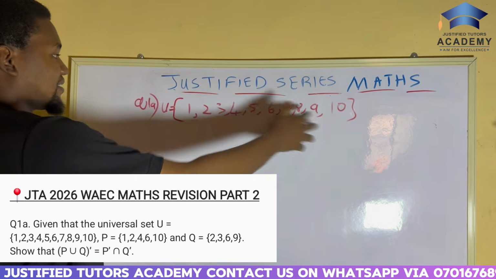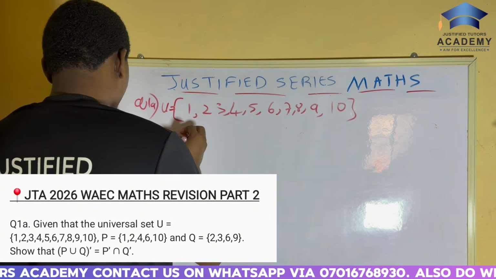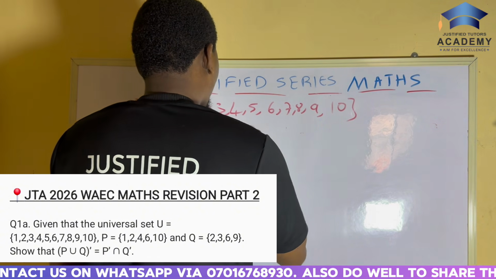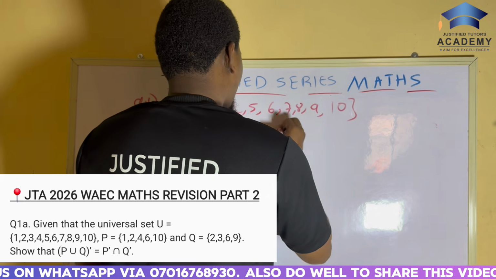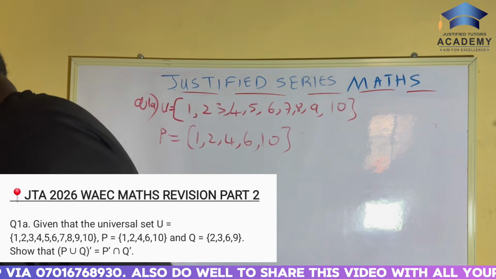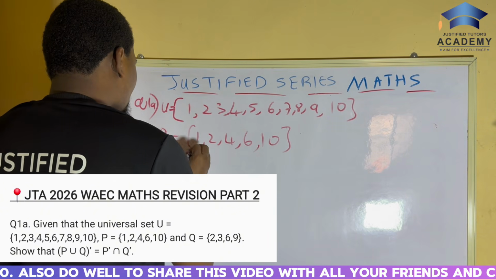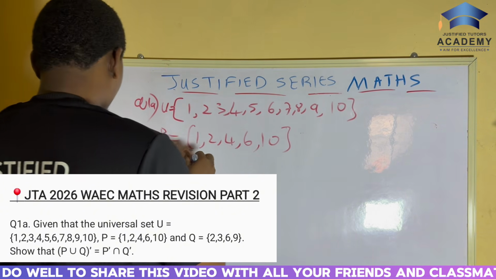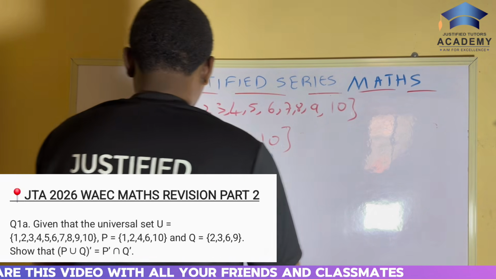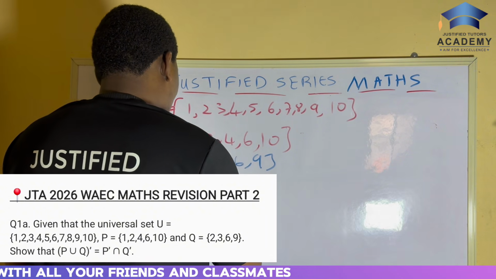These are the universal set. P is equal to 1, 2, 4, 6, 10. That's our P. And Q is equal to 2, 3, 6, 9. Now the next thing, show that